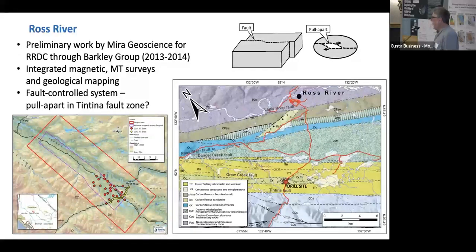After that, this is somewhat of an opportunistic study because we piggybacked on some work that was done in 2013, 2014, and Jeff here was involved with that program. And this was work commissioned by the Ross River Dena Council in collaboration with the Barclay Group and Mira Geoscience, who was employing Jeff at the time. And so they went in there and evaluated the Tintina fault zone, the Tintina Trench near Ross River